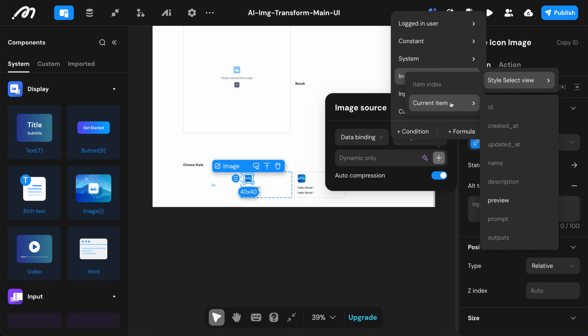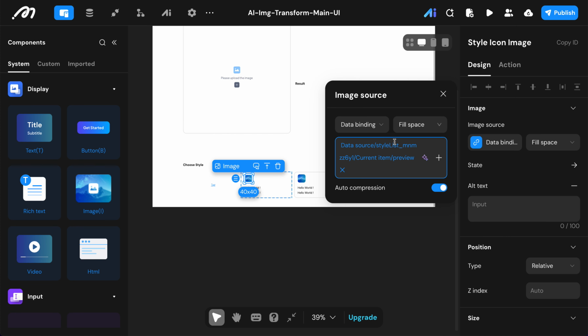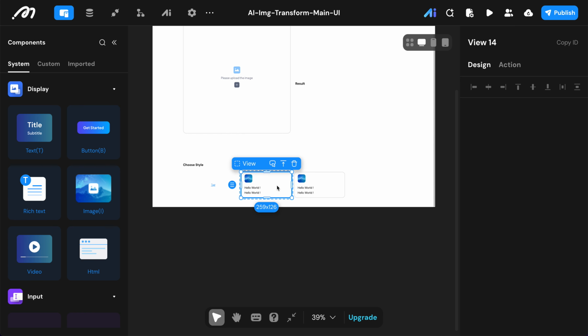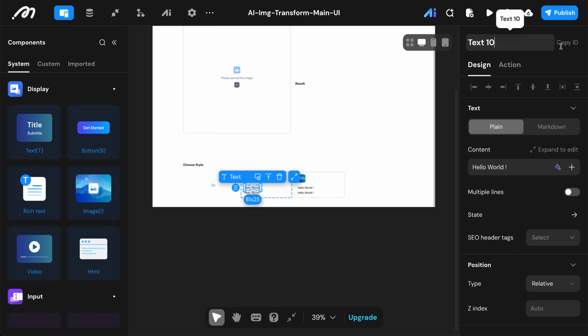Position absolute, top 8, right 8, width 20, height 20. Next, let's remove the margin. Set image source to check.svg, set width and height to 16,